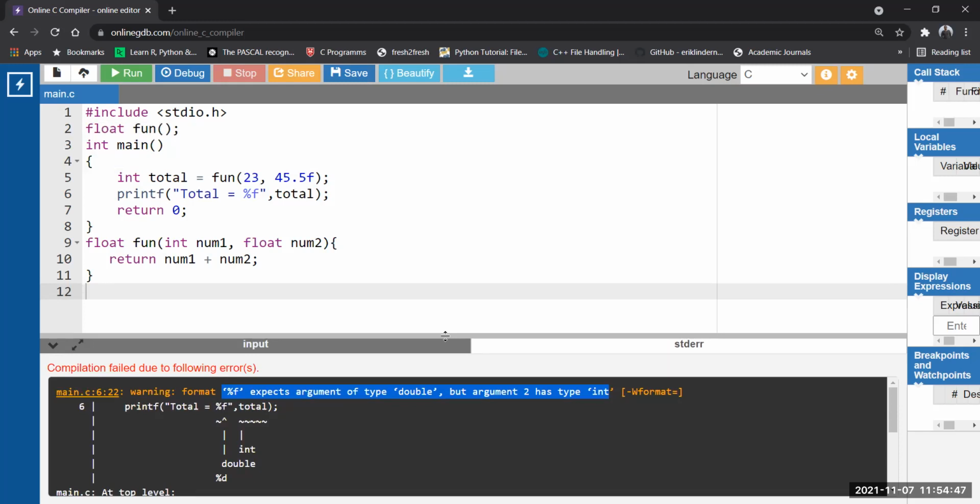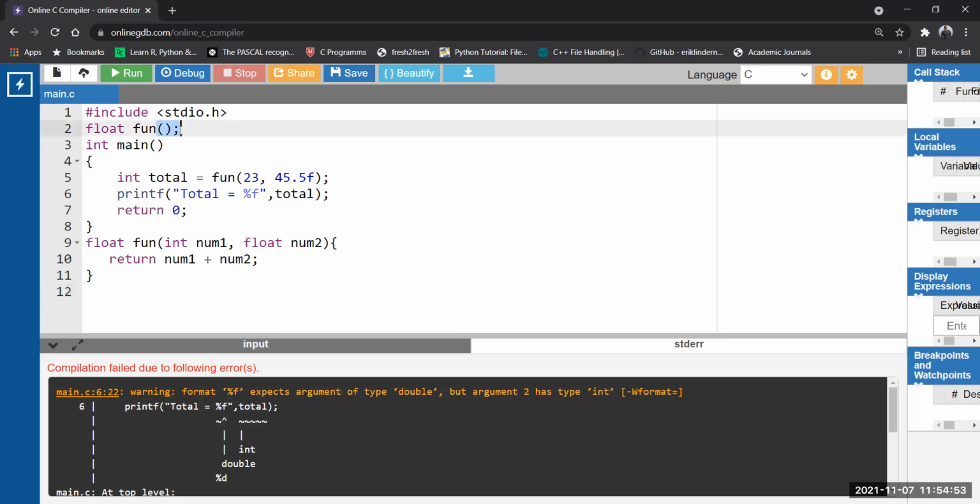See what is happening now. When we say there is any number of parameters we can pass, what is the default thing the compiler is doing? The default is only integer. So the compiler by default makes an implicit declaration with both parameters as integer. It is saying argument 2 has integer type, but we are passing a floating point type.